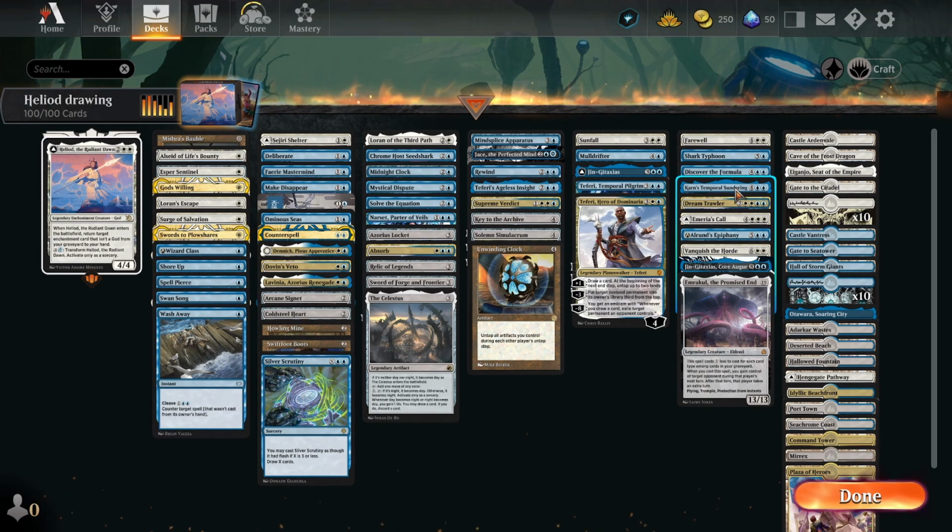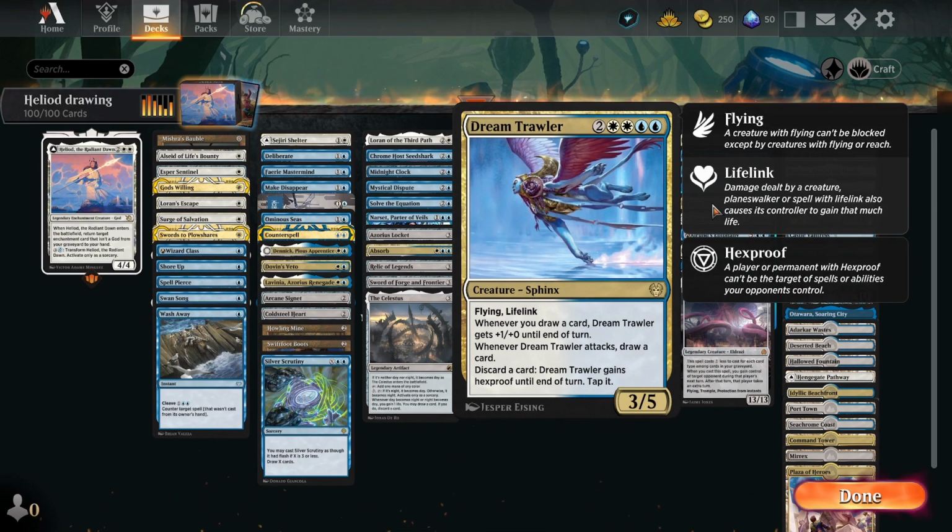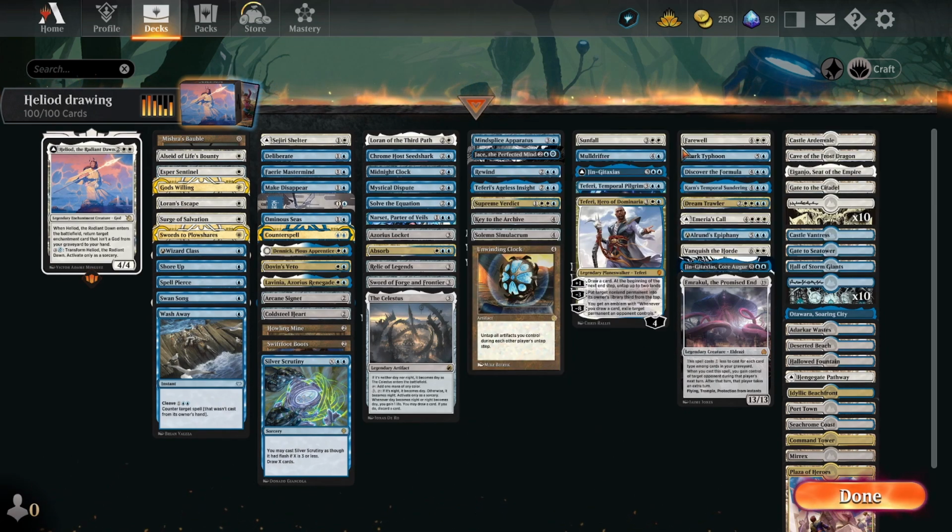Got a couple of extra turn spells in here in the form of Karn's and Alrund's Epiphany. Dream Trawler is one of our big flying threats that'll actually probably help us win the game, combined with stuff like Shark Typhoon. Overall, the deck's pretty straightforward. It's just kind of blue-white control nonsense. It just so happens to have a lot of emphasis on the card draw portion, and actually gives your opponent some card draw too, in order to make the flip side of